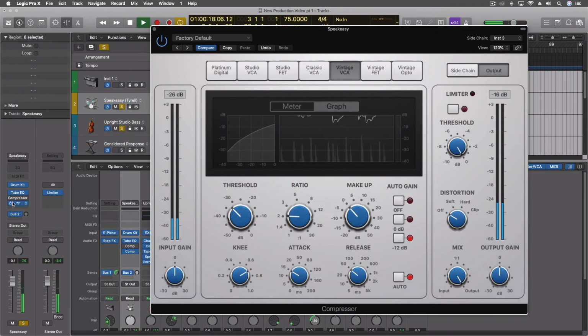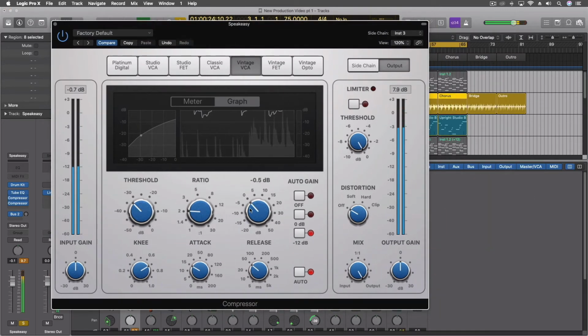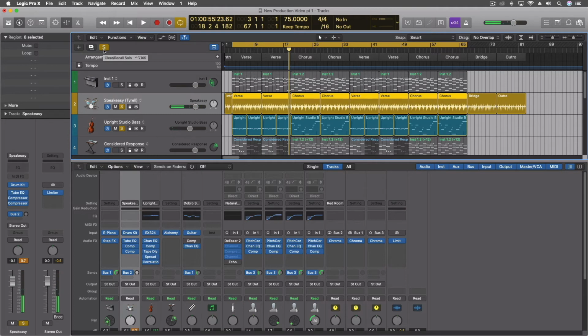And let's leave the compression on, the original compression. Now, you can hear the bass cutting through more because every time it plays, it's pulling down those drums a